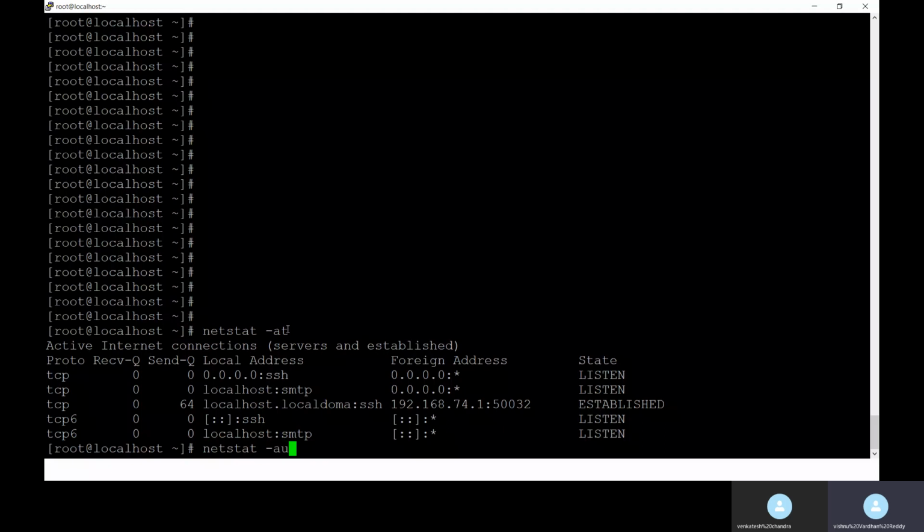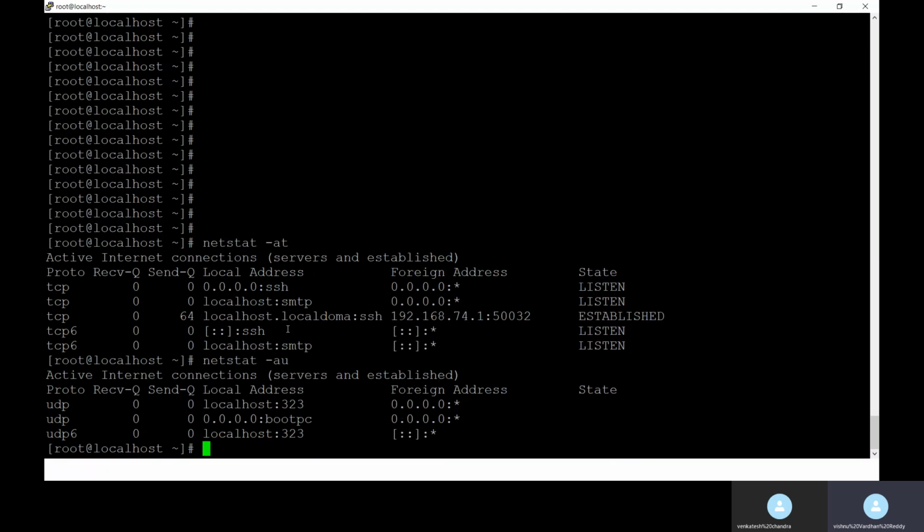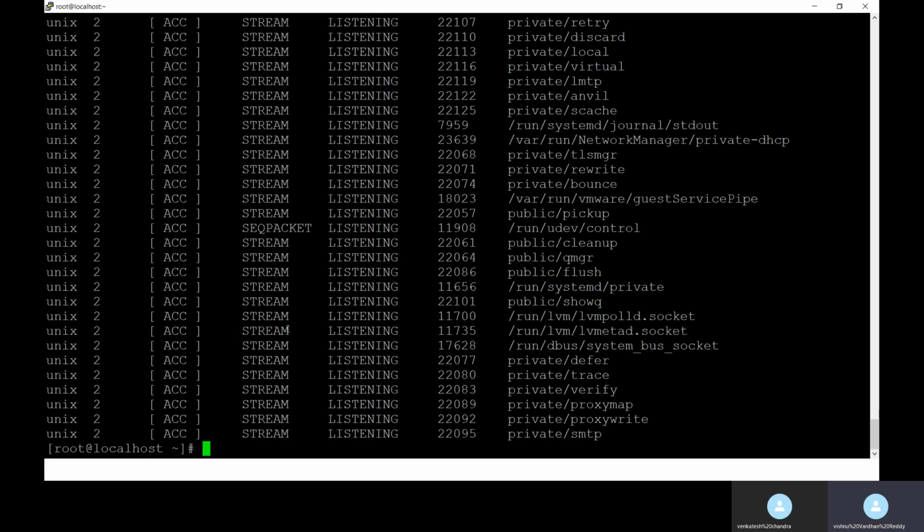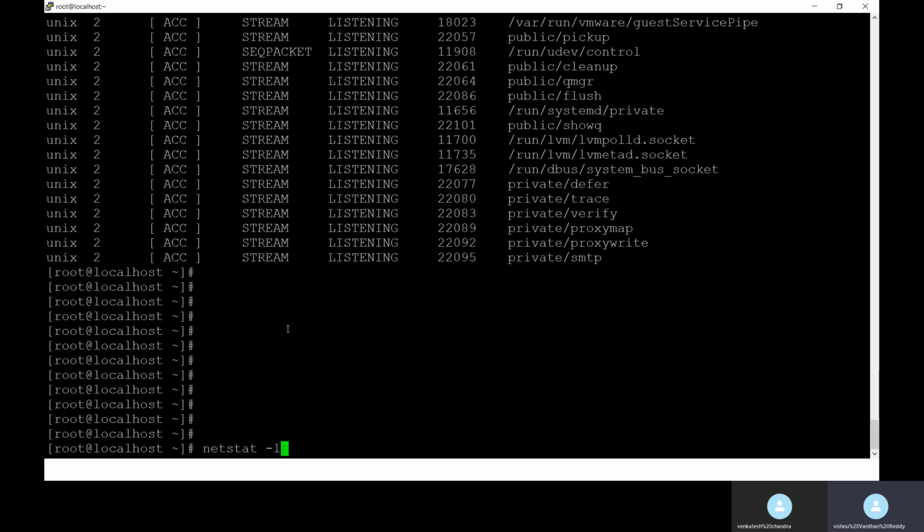If you use -u, it shows which ports are enabled for UDP. And netstat -l shows the listening ports, both TCP and UDP, and displays the whole list.